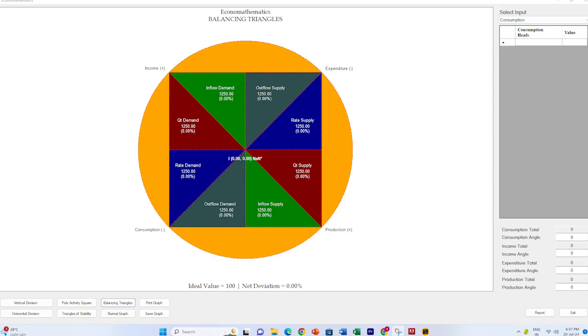But the electron, on the contrary, has a negative charge, and it revolves around the nucleus of the atom. Now we can place neutron, electron, and proton similar to consumption, production, expenditure, and